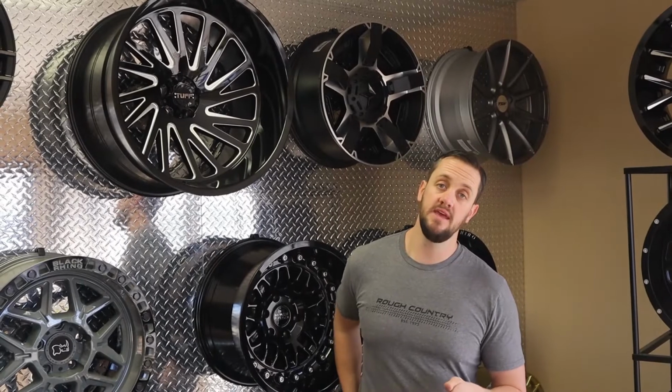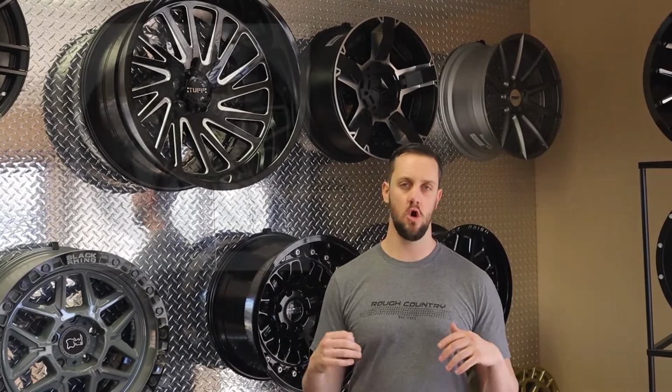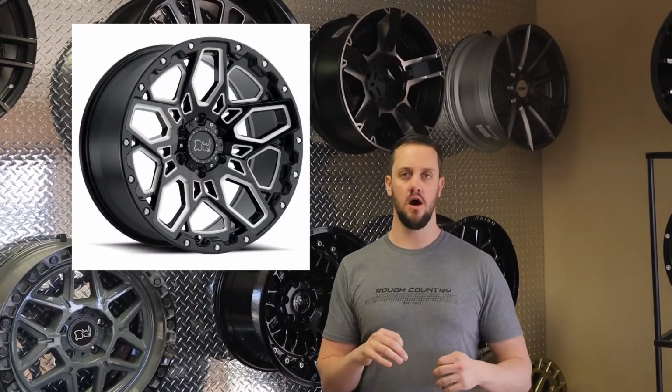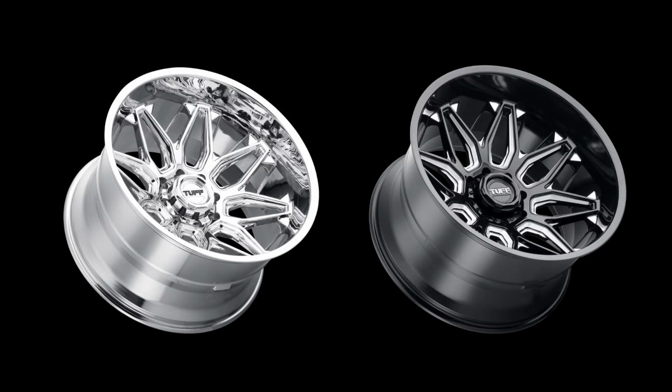So the T3B is not a directional, but it's still awesome. It looks a little bit like sort of an open face Black Rhino Shrapnel. It doesn't really have a whole lot going on. The Black Rhino Shrapnel is busy. This is a little bit cleaner, with sort of like the teardrop, I guess, cat eye look